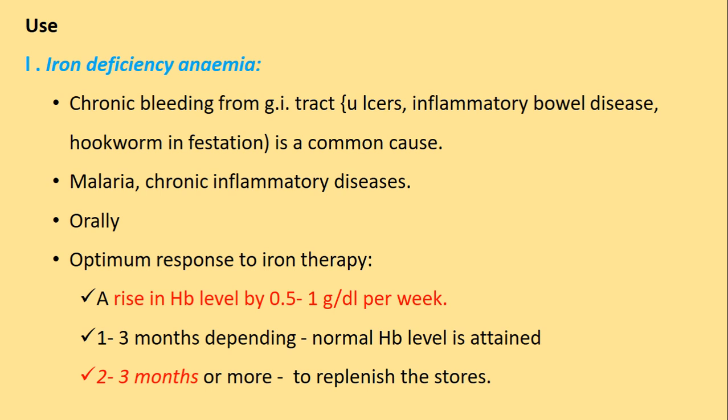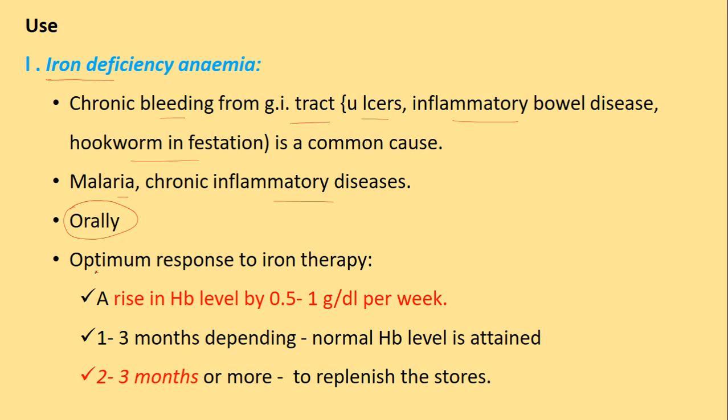So what are the uses of these oral or parenteral iron preparations? Basically they are used in treating iron deficiency anemia as well as megaloblastic anemia. Iron deficiency anemia is mainly caused by conditions like hookworm infestation, chronic bleeding from the GIT, either due to ulcer or chronic bowel disease, and it can also be due to malaria or chronic inflammatory diseases, where you have to prefer the oral route of iron administration, and the IV route has to be reserved for the